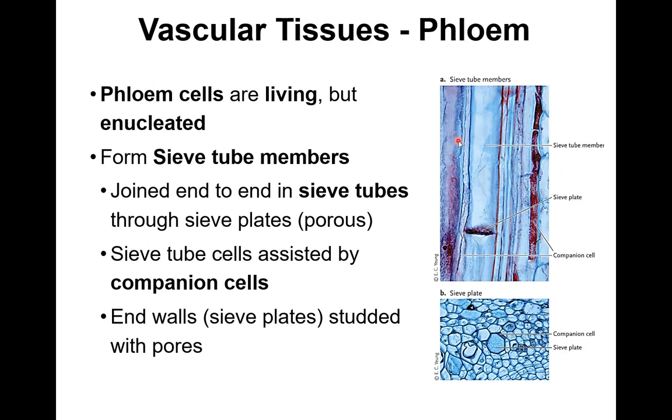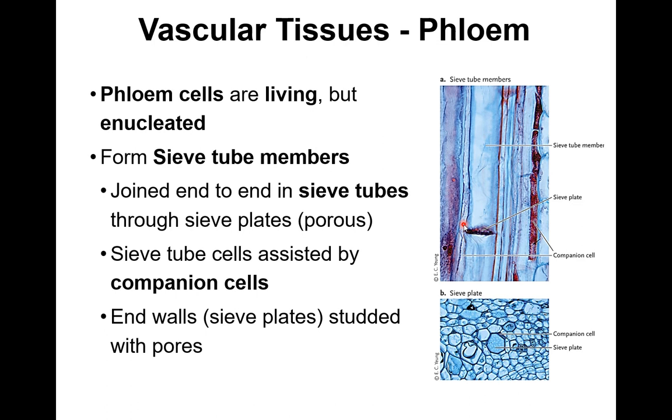The second type of vascular tissue is phloem. As we mentioned before, it's in charge of the bidirectional movement of organic material within the plants. In this case, it is not formed by dead cells, but by living cells, which however have lost their nucleus, so they are enucleated. These cells form, they elongate, and then they lose their nucleus. That's similar to what happens, for example, to your red blood cells. Your red blood cells don't have the nucleus anymore, and they last about 30 days